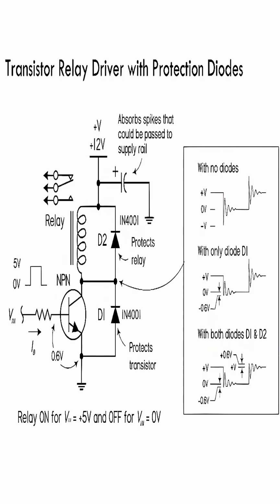So today we will see this circuit. It is a relay driver circuit, and two diodes are used for protection of this circuit. As you can see, there is an NPN transistor here. How does this circuit switch on? When the signal is provided to the base of this NPN transistor, it is triggered and